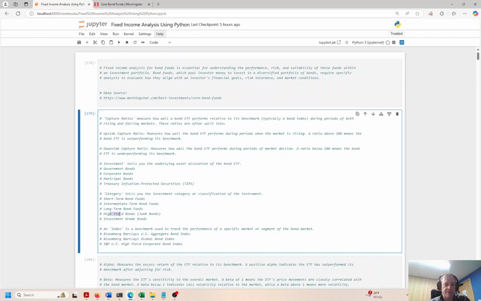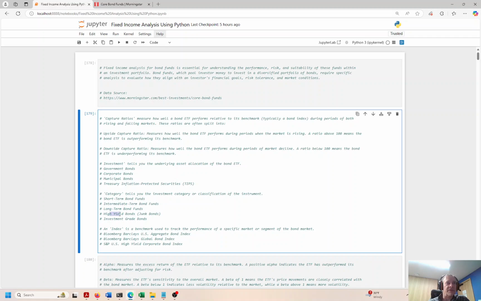High yield bonds could be bonds that pay a higher coupon payment, but these might be kind of garbage, lower ranked bonds or lower graded bonds. So AAA would be the best type. A low grade junk bond would be like a C or a D bond, maybe a CC bond, something like that. Each rating agency has its own methods for rating bonds and different sort of grading systems. I think there's a AAA. There's